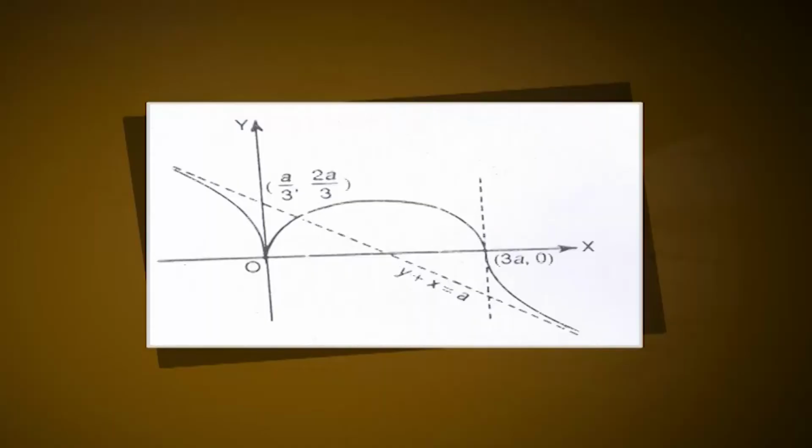When x increases beyond 2a, y will constantly be decreasing. y is equal to 0 for x is equal to 3a and is negative for x greater than 3a. We now consider the negative values of x. If x is negative, y is positive and constantly goes on increasing as x increases numerically, that is, x varies from 0 to minus infinity. Also, x plus y is equal to a is the only asymptote of the curve. Taking all above facts into consideration, we see that the complete curve is as shown in figure 4.